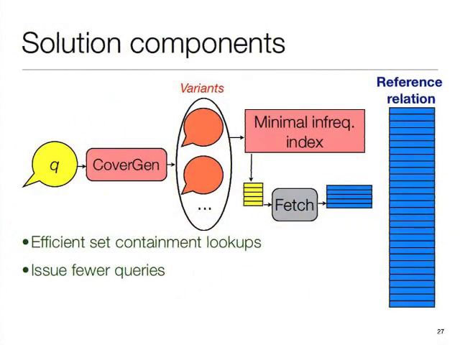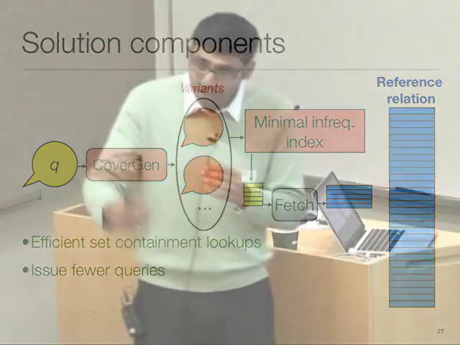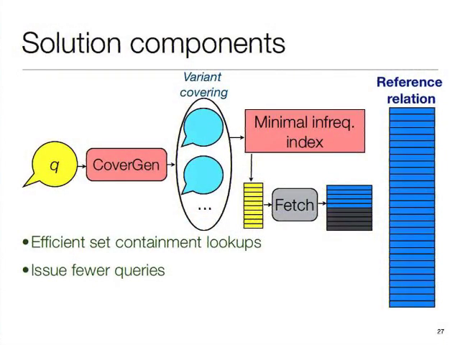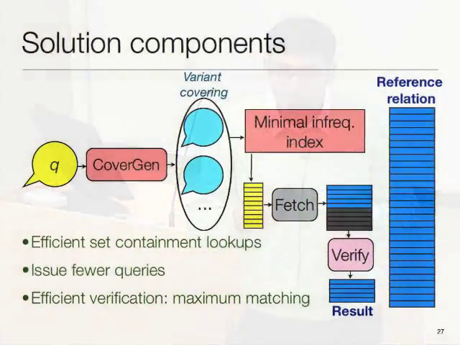The second part will be an algorithm called CoverGen, which will generate good variant coverings efficiently. The intuition is that we want to issue fewer queries because we can't issue an exponentially large number of queries. And a third part is, now we'll get a superset of the results. So we have to do this additional step of verifying which are the correct results. Because we are using a variant covering,